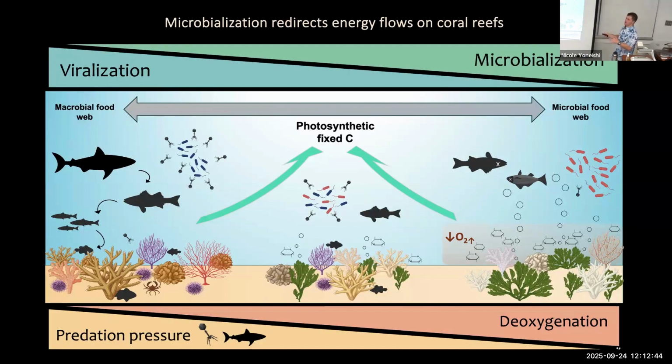And to kind of summarize a little bit further, before we get into the actual data, we have these kind of two different trajectories that a reef can go, right? On the one hand, which we call viralized for no good reason other than the fact that we like viruses, the energy from the sun goes into the corals and then gets funneled up this really rigid trophic web. And so our energy is being stored in these kind of tight compartments, and we have this really tight cycling. Microbes are kind of like in control under this viral predation.